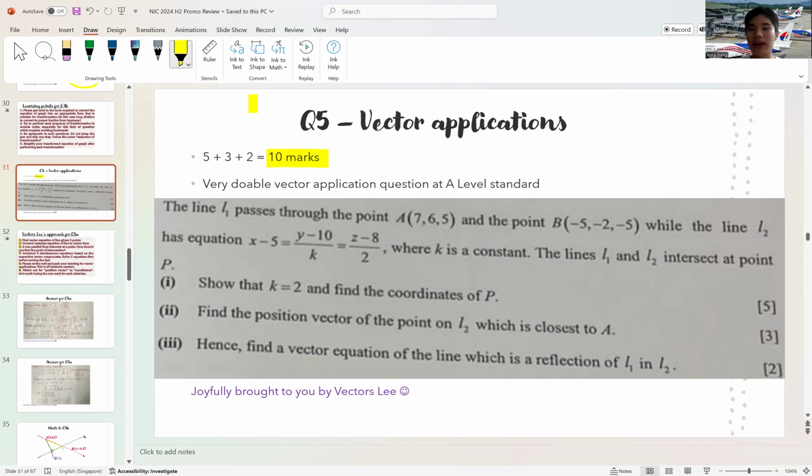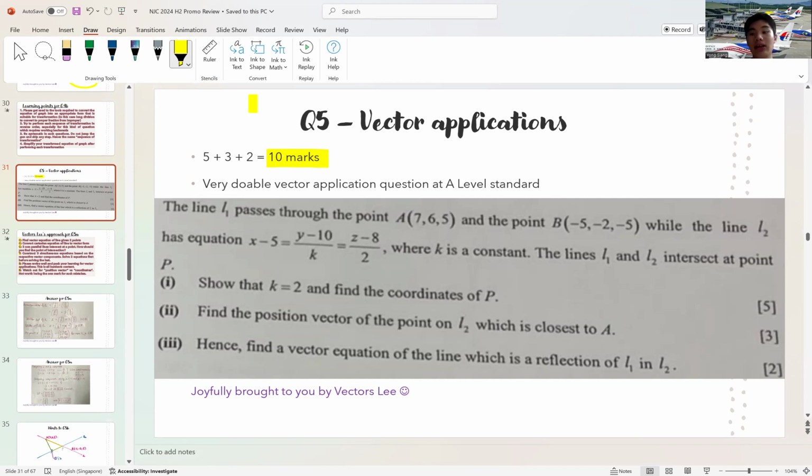Do not throw it away. Otherwise, next year Christmas, the marker is going to give it to someone special. And of course, you don't want that to happen. You want all of you to receive the free gift and the free marks that the marker is trying to give you. So, if you cannot do this question and you cannot score the marks, please go back and